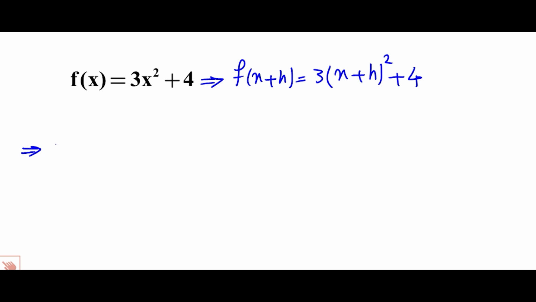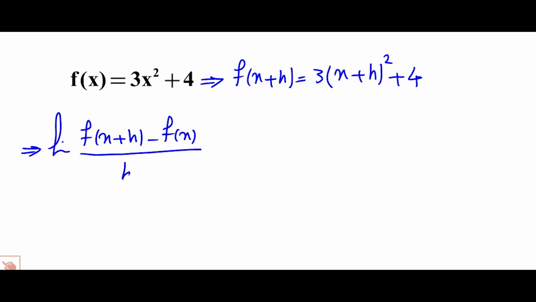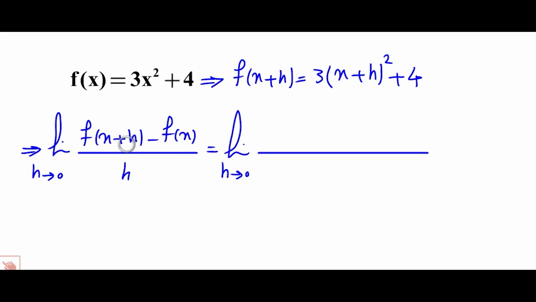So we have the limit of f of x plus h minus f of x over h as h approaches 0, where f of x plus h is equal to 3 times x plus h whole squared plus 4, minus f of x, which is 3x squared plus 4,